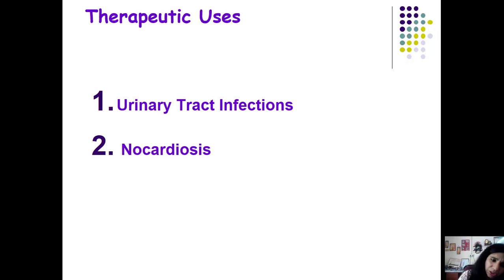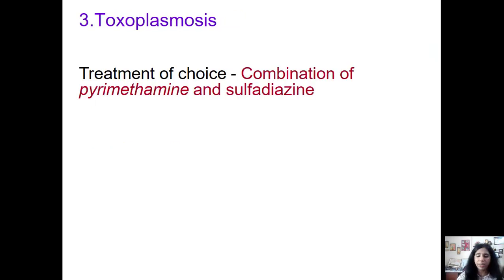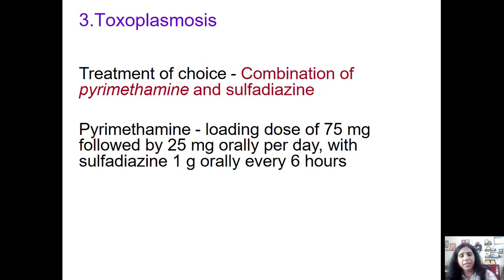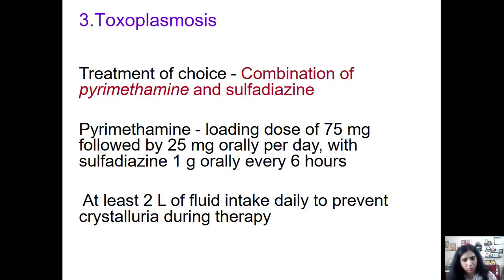and it is a difficult condition to eradicate. And the third indication for the use of sulfonamides is toxoplasmosis, which is caused by Toxoplasma gondii, where sulfonamides are not used alone, but they are combined with pyrimethamine and they are used as a treatment of choice. And the pyrimethamine dose is a loading dose of 75 milligram followed by 25 milligram orally per day. The dose of sulfadiazine is 1 gram orally every 6 hours, and you have to ensure good fluid intake so that there is no problem of crystalluria